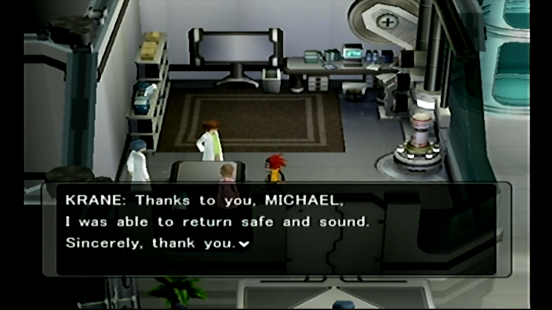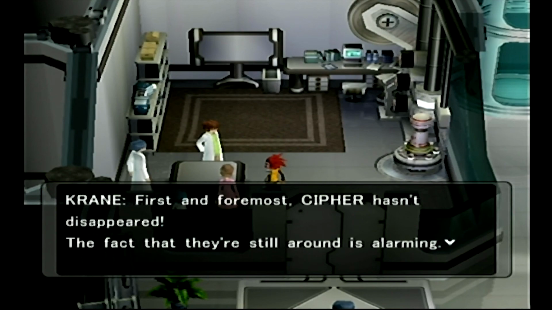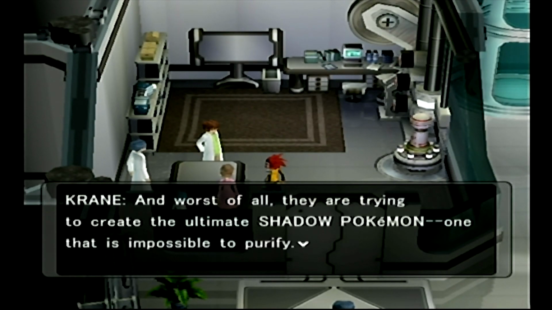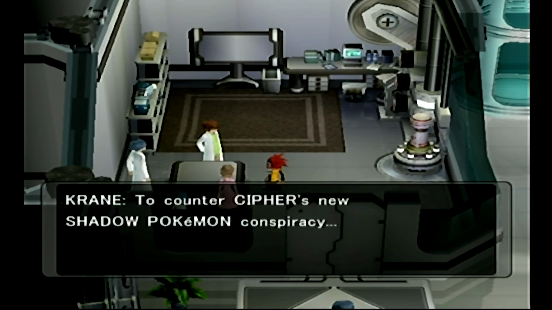Thanks to you, Michael, I was able to return safe and sound. Sincerely, thank you. Though it was a horrible ordeal, I learned a few things when I was in that desert lab. First and foremost, Cypher hasn't disappeared. The fact that they're still around is alarming. Worse, they are making more Shadow Pokemon again. And worst of all, they are trying to create the ultimate Shadow Pokemon, one that is impossible to purify. Cypher must be plotting world domination using Shadow Pokemon as their weapons. Again. To counter Cypher's new Shadow Pokemon conspiracy...